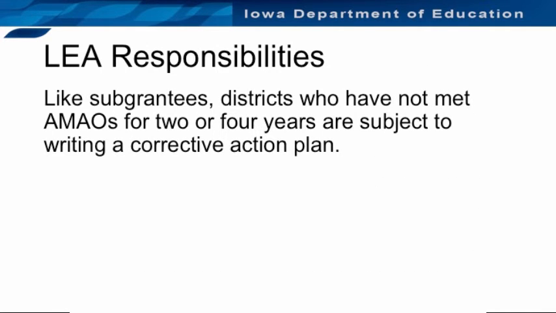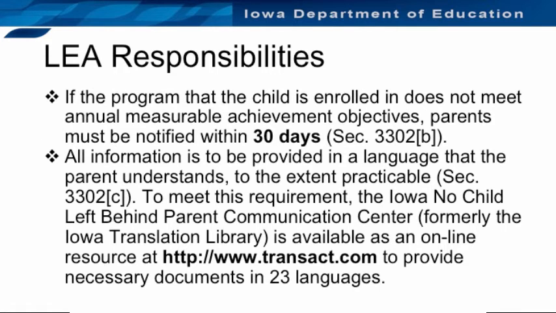The LEA responsibilities, like subgrantees: districts who have not met AMAOs for 2 or 4 years are subject to writing a corrective action plan and implementing the actions they've identified in that action plan. LEA responsibilities also include that if the program that the child is enrolled in does not meet AMAO objectives, parents must be notified within 30 days. The LEA also has responsibility that all information is to be provided in a language that the parent understands